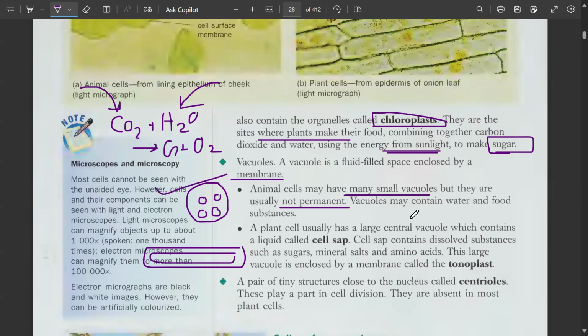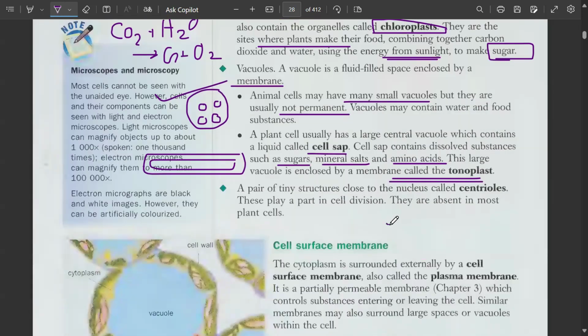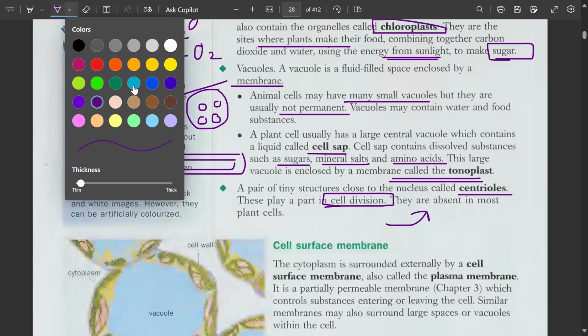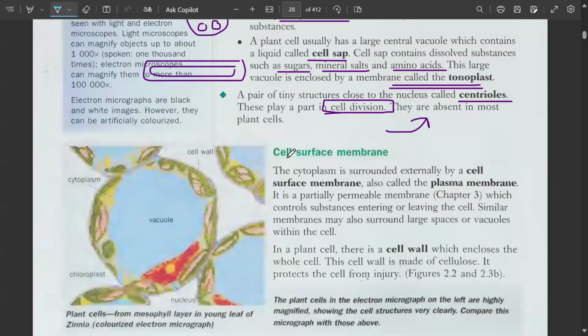A plant cell usually has a large central vacuole which contains a liquid called the cell sap. Cell sap contains dissolved substances such as sugars, mineral salts, amino acids, and this large vacuole is enclosed by a membrane called the tonoplast. A pair of tiny structures also close to the nucleus known as centrioles, जिनका पार्ट सिर्फ सेल डिवीजन में होता है, और हम वो आगे पढ़ेंगे।